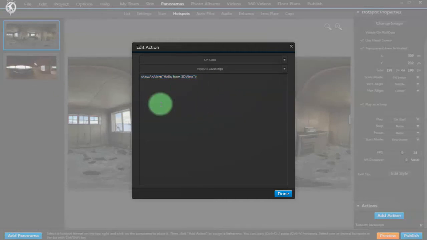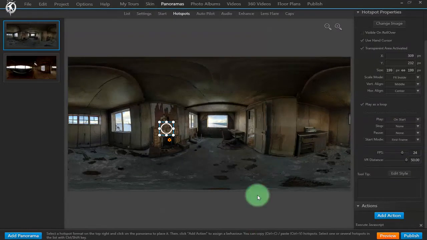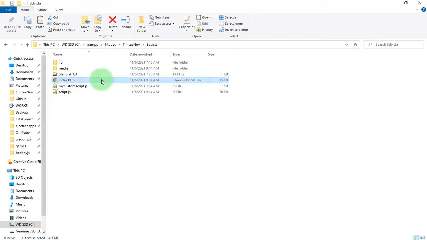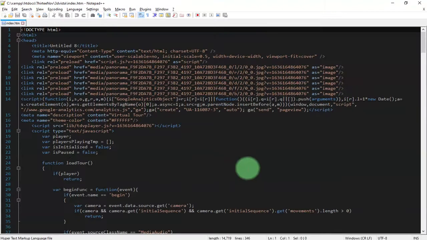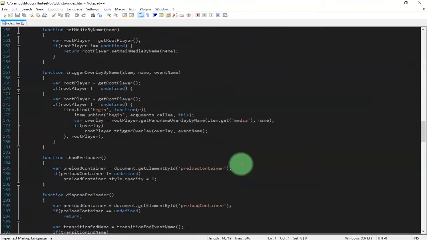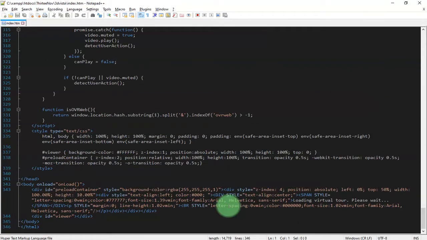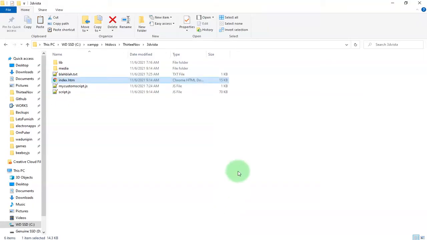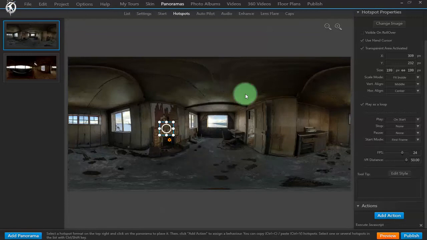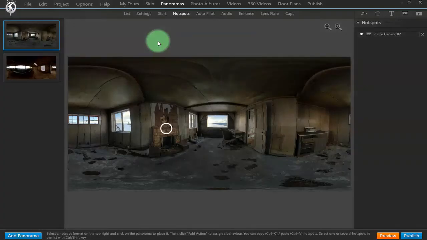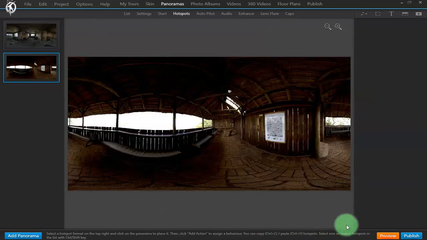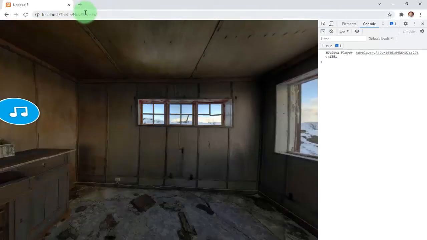This one is easy. We can call any function from inside 3D Vista, and everything outside 3D Vista, inside this HTML file that we have, we can call from 3D Vista that way. Now it's time to show you how to do the opposite. I mean how to do something inside 3D Vista from outside 3D Vista. For example, how to switch between these panoramas. I have added this second panorama and I have exported the virtual tour here.